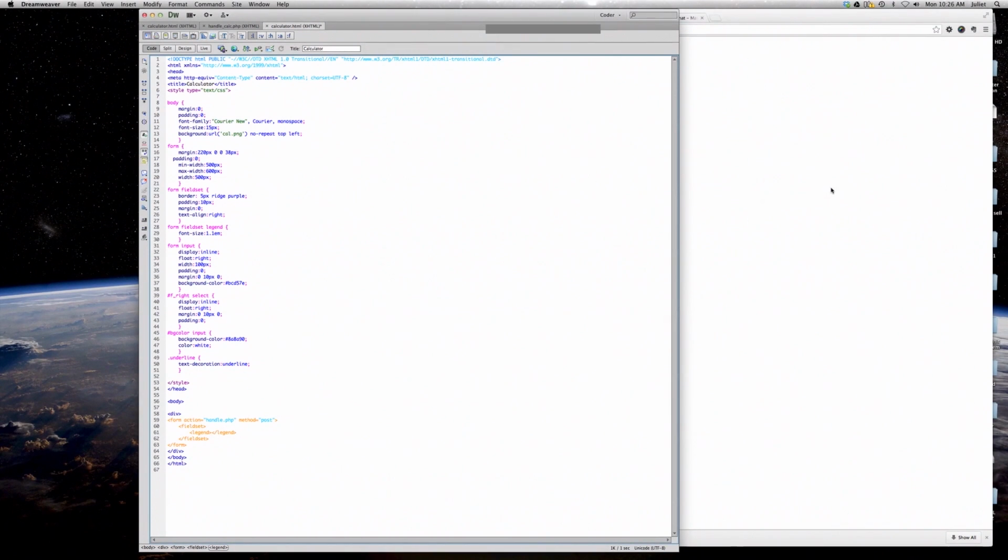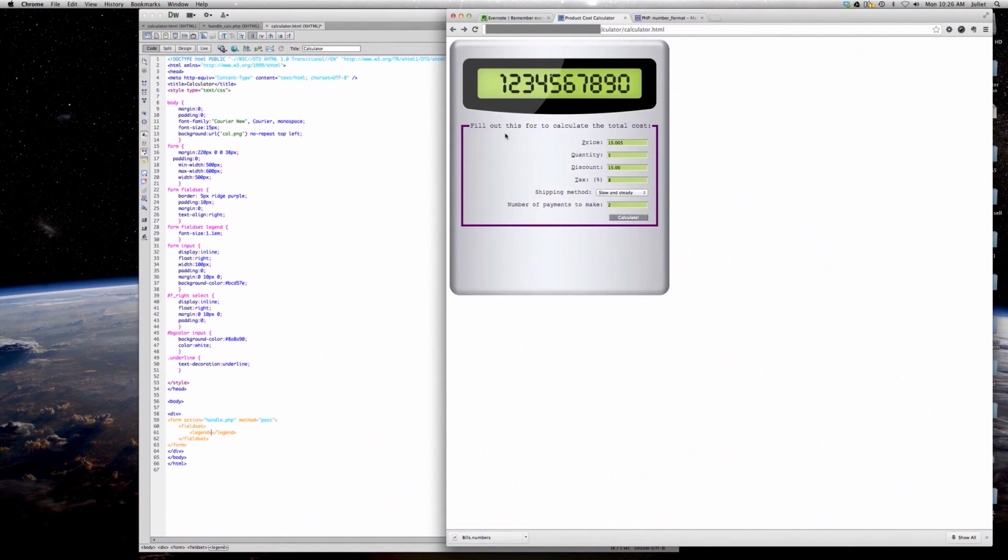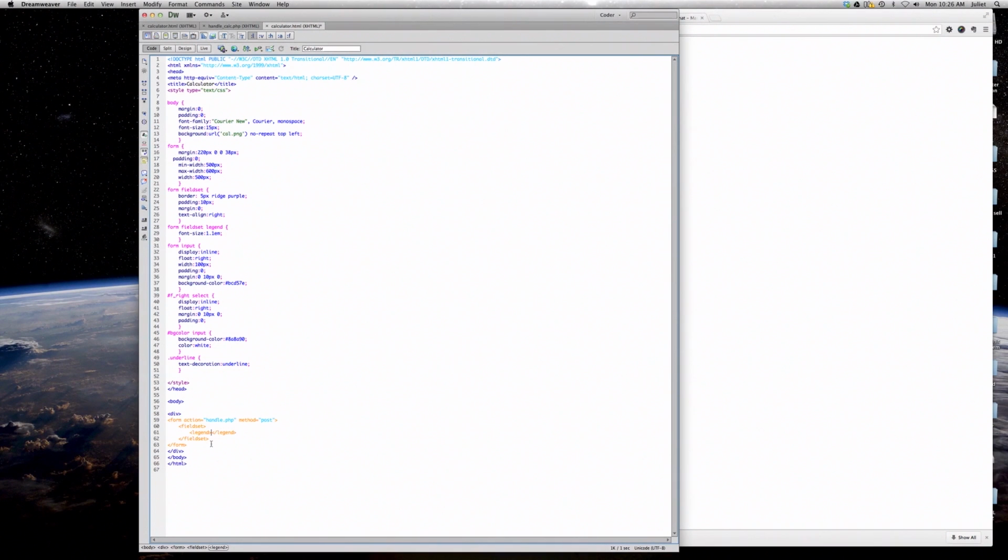We'll kind of like copy. What does it say? Fill out this to calculate the total cost. Whoops, I gotta correct that. But we'll go ahead and correct this one here. I'll just put fill this out to calculate the form. Nothing simple. Fill this out to calculate the form. Okay. So next, we shall put in